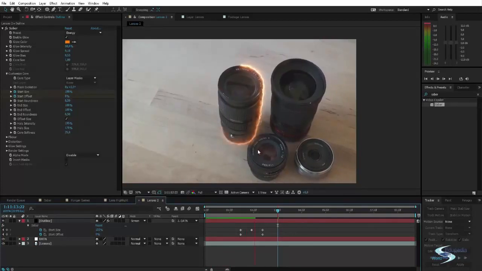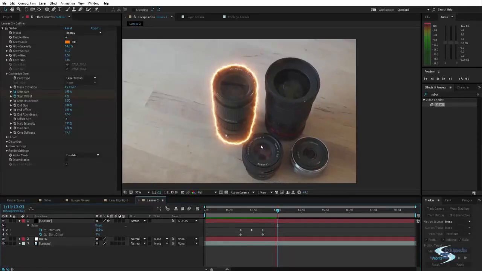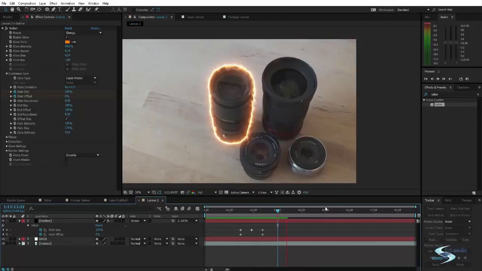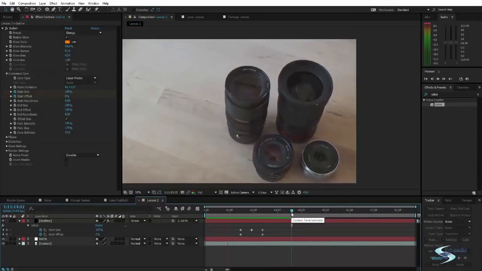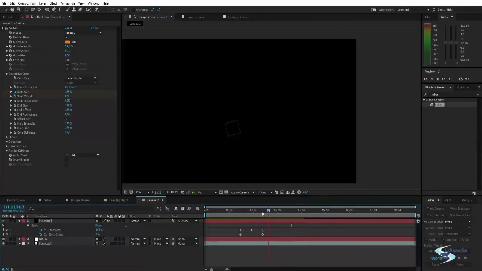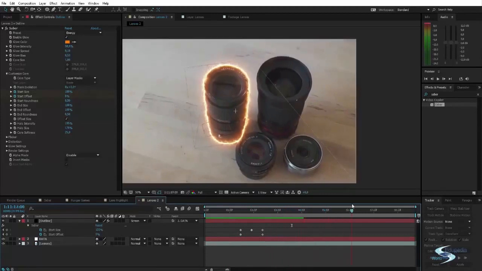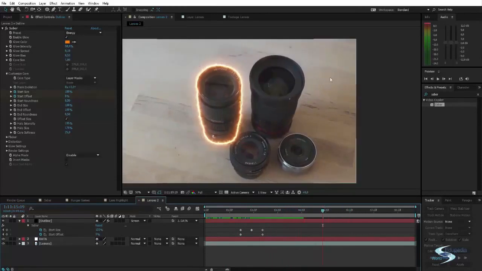And as you can see, this effect is pretty slow, and well, that is kind of obvious because of all the math that's going on with simulating fire and stuff. So if we just press 0 once again, we can see the end result. And to my eyes, this looks pretty nice. I think I will keep it this way, and then in the end of this clip just fade everything out